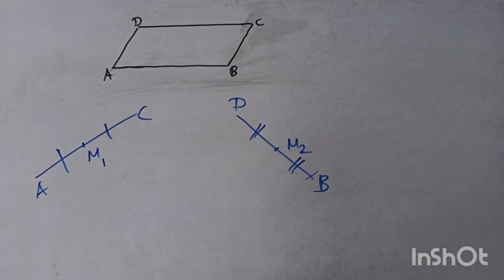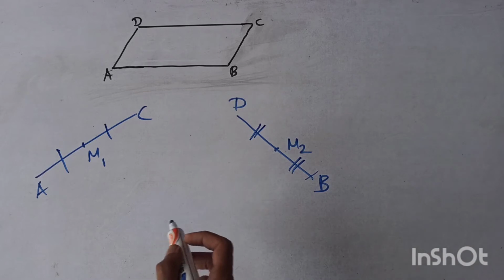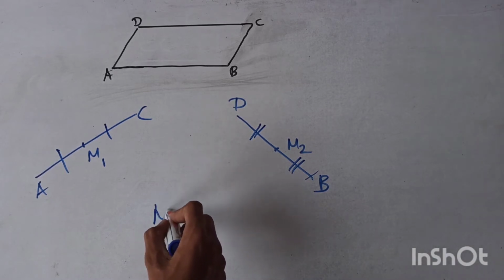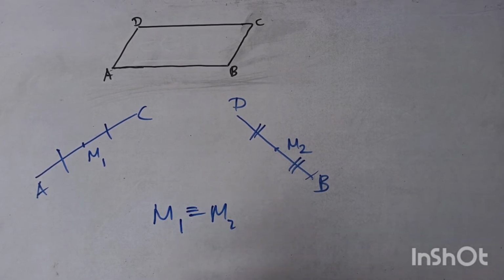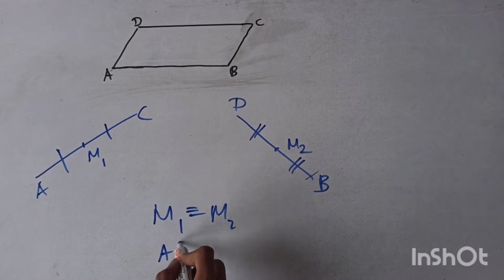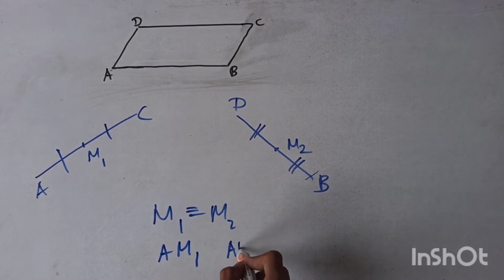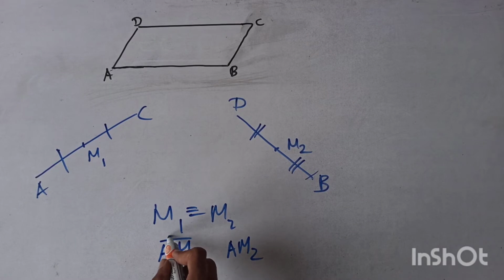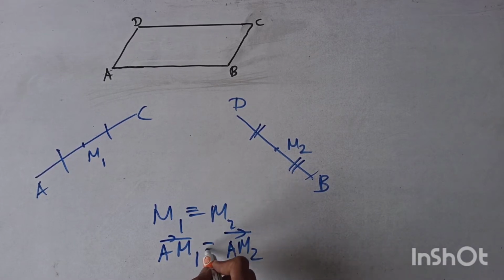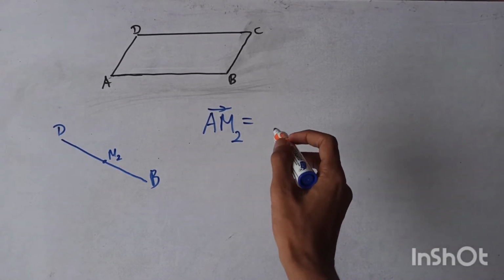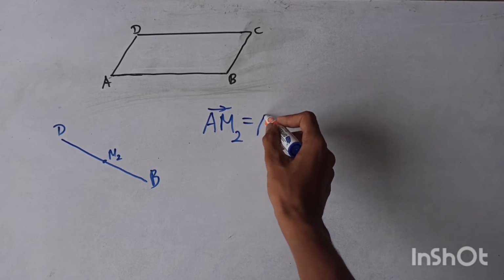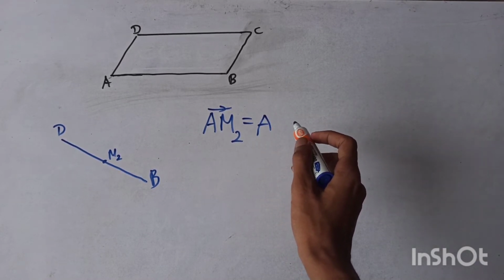So in order to prove our result, we are going to show that M1 and M2 points are equal. To show that, we are going to show AM1 and AM2 vectors are equal. First we find out AM2 vector. We can write it as a sum of two other vectors,